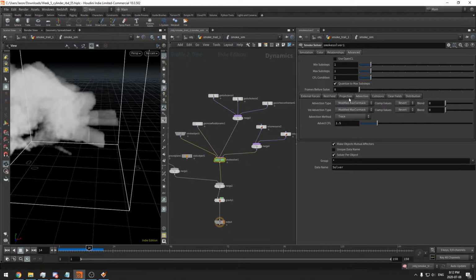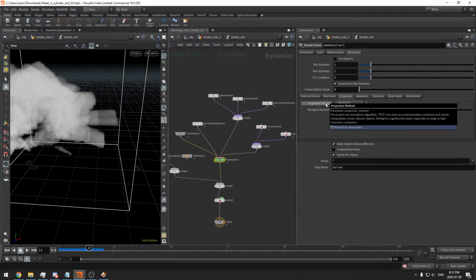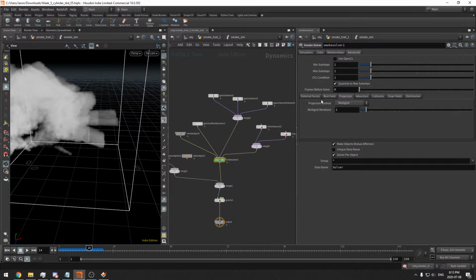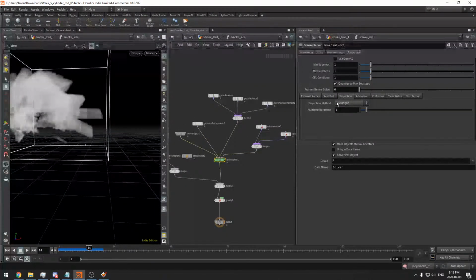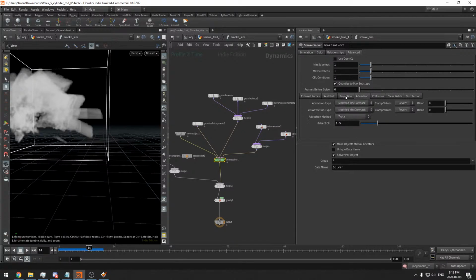Then we have advection and we have projection. These are the two things that we want to deal with. So we've got PCG and multigrid, and really you should just do your own studies. So just do one sim with this, one sim with the other one. Then we have the iterations. This just means how accurate these are going to be. This projection method is not the same as advection method. I just want to make that clear. I forget how projection differs from advection, but